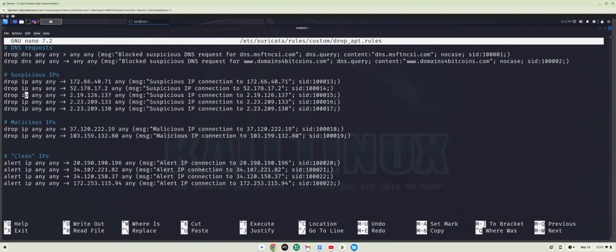So what I could do here is I could simply just say alert and then change my messaging here. And let's say that I wanted to just say monitoring